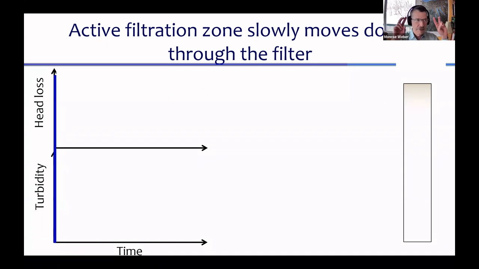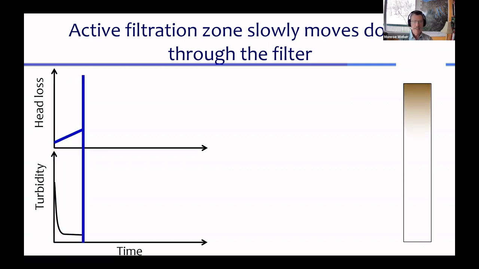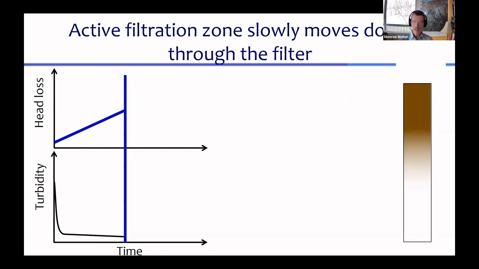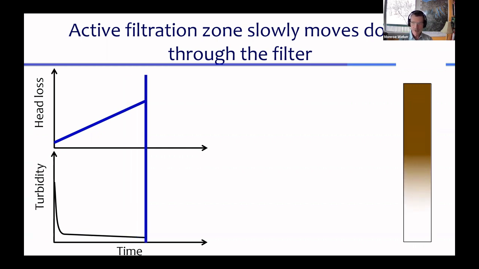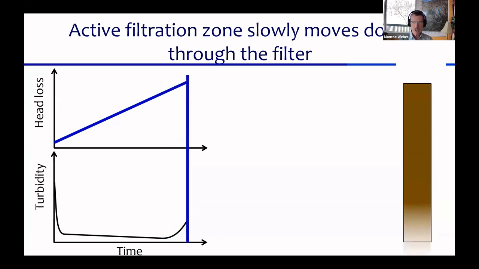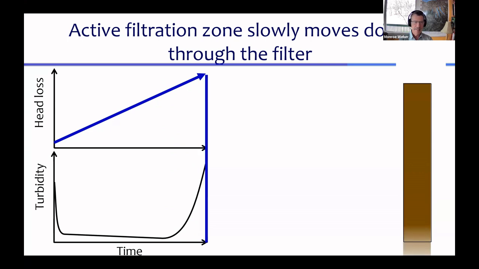So there's a filter off to the right on the screen. And I've got 2 graphs here showing head loss, the pressure drop across the filter, and turbidity coming out of the filter as a function of time. And this is what happens. Head loss methodically just goes up linearly over time. Turbidity gets better and better. And look at the brown going down through the filter. That's like showing the filter getting full. And at the end, particles start leaking out the bottom of the filter. And we see that in the turbidity going up quickly